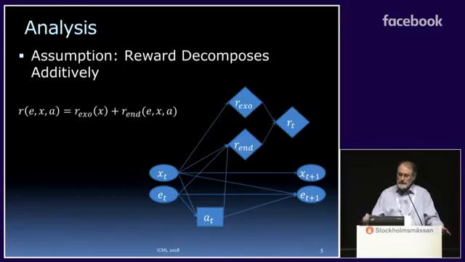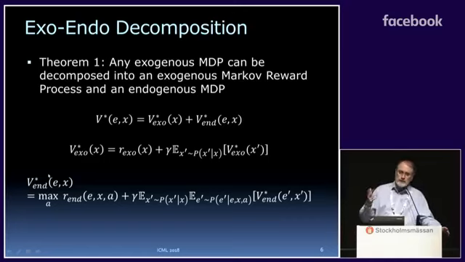Okay, now if we're willing to make an additional assumption, which is that the reward decomposes additively, then we can change the network to look like this. So we'll say that the reward function, the original reward function dependent on everything, can be decomposed into an exogenous reward that depends only on the exogenous state and an endogenous reward that depends on everything. So with those two assumptions, it turns out it's quite straightforward to show that this exogenous MDP